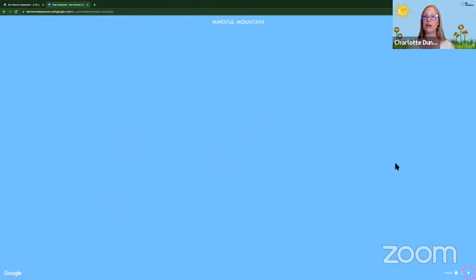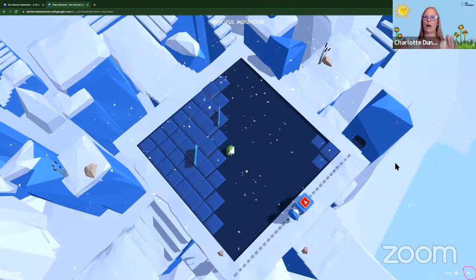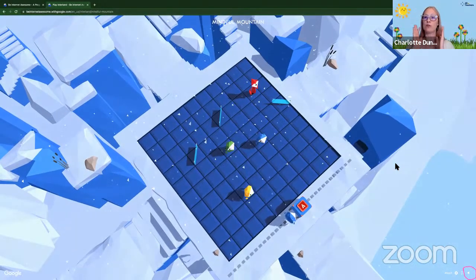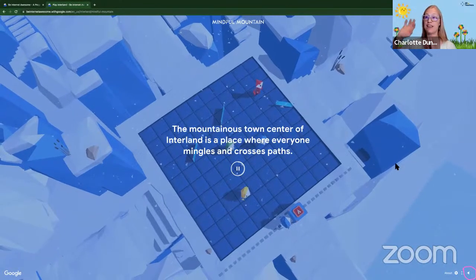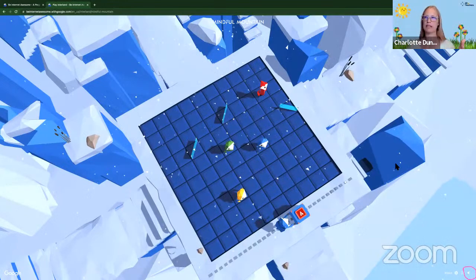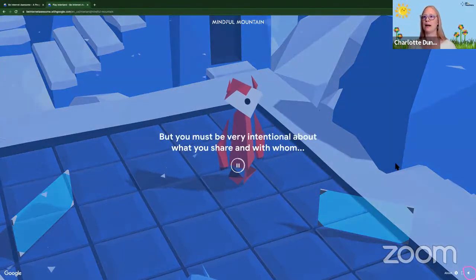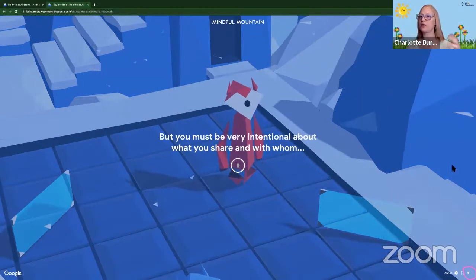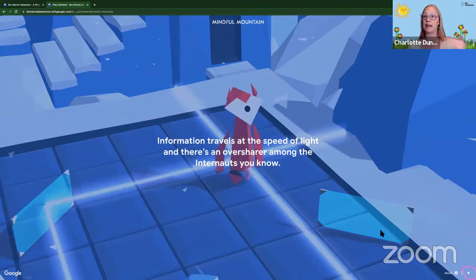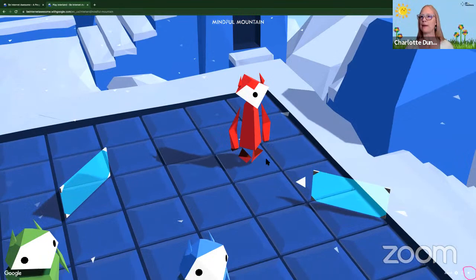What we're going to do here is start to explore the idea of a network, which is how we get information to certain places in the internet, okay? So this is going to teach us some other things as well, but I want us to think about this board as it says, be very intentional about what you share on the internet. Information travels all around the internet, and there are some bad guys here. So in this game,